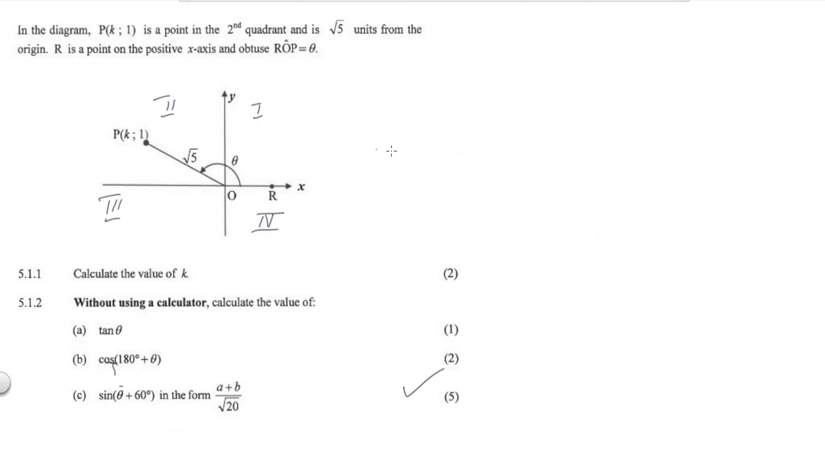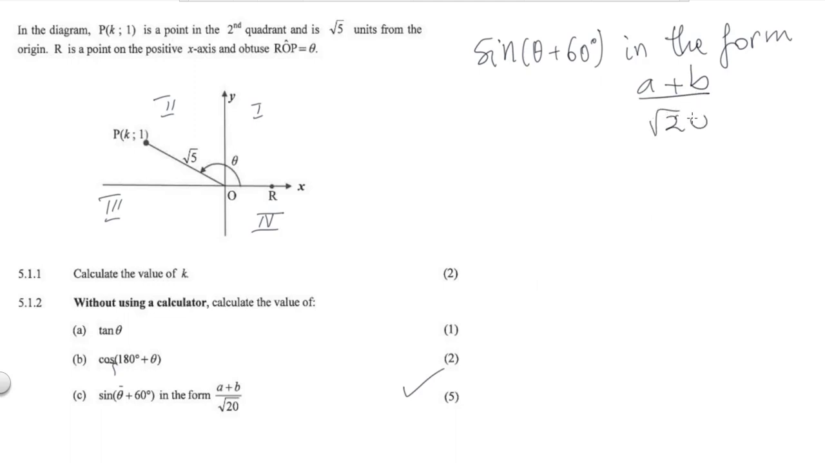Okay, let's continue. So we have this question, which is sine of theta plus 60 degrees, and they say this must be in the form a plus b over square root of 20. So how are you going to do this? Expand this by using the formula sine alpha plus beta,